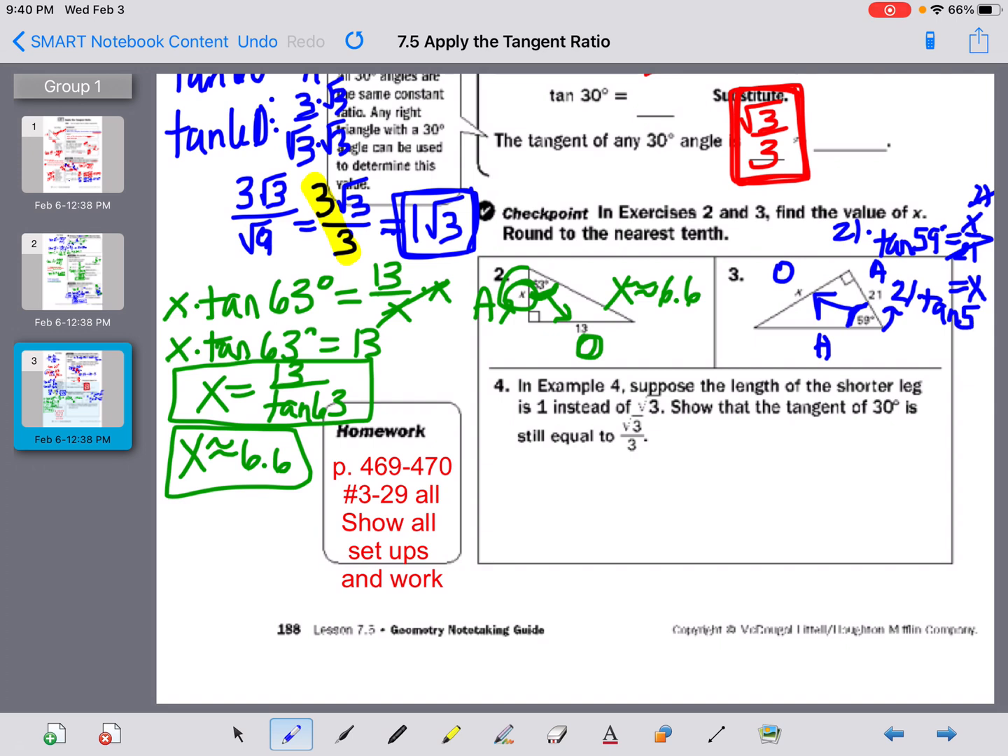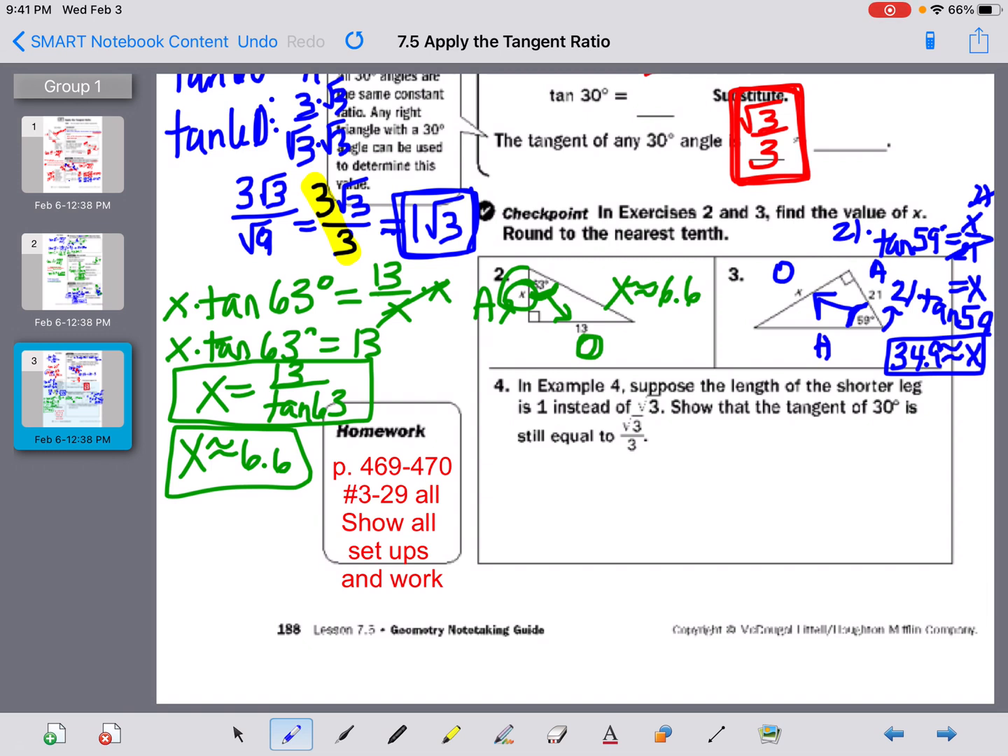It's not good when I run out of space here. Okay, so in my calculator, I'm doing 21 times the tangent of 59. And I get about 34.9. So my missing x over there is 34.9. And I find that using my tangent ratio. All right,